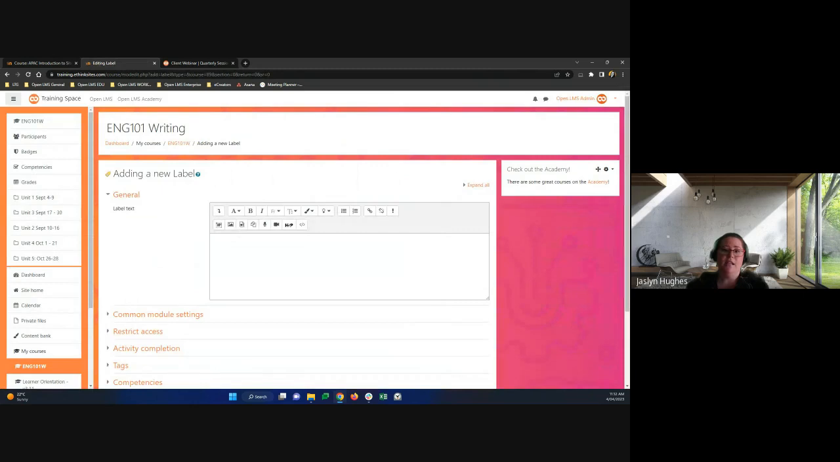So we're then taken to another screen where we can add any of our label text. But this text box is also pretty similar to what we saw with the block, and allows us to add not just text, but images, URLs, videos, all sorts of different kinds of things in there. So if we wanted to have text and an image, so maybe we could say,